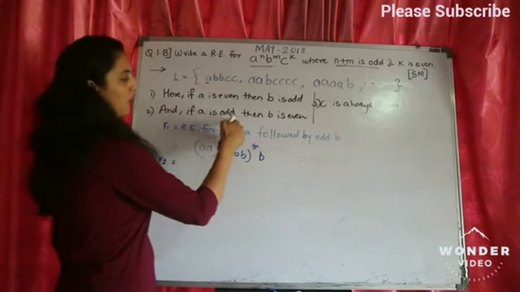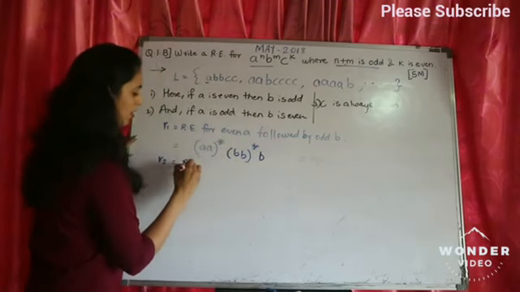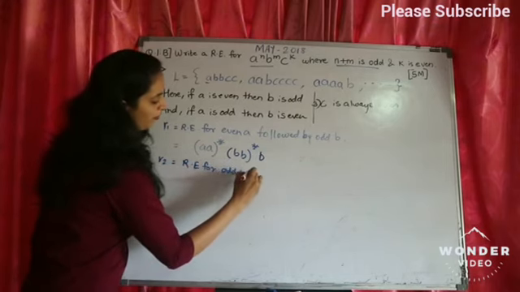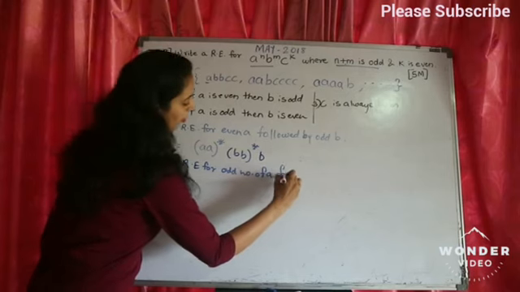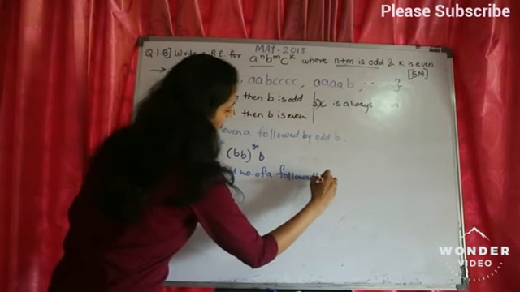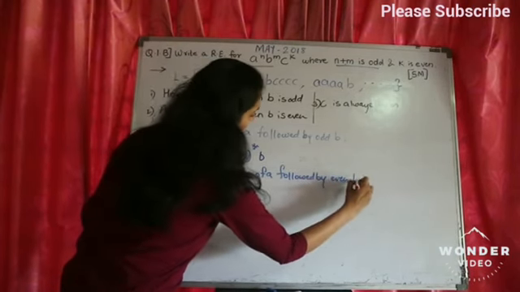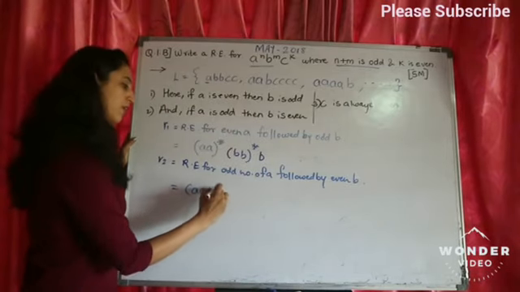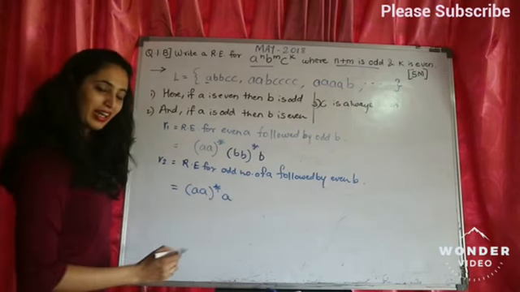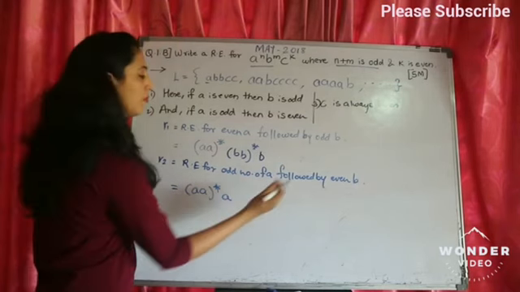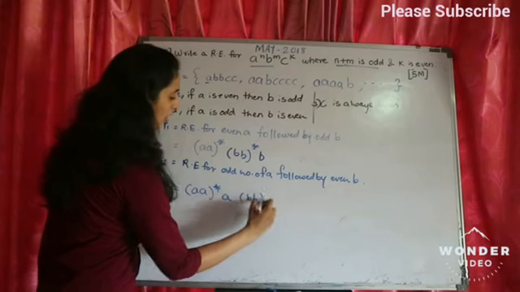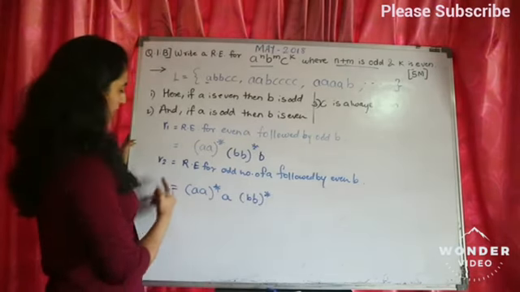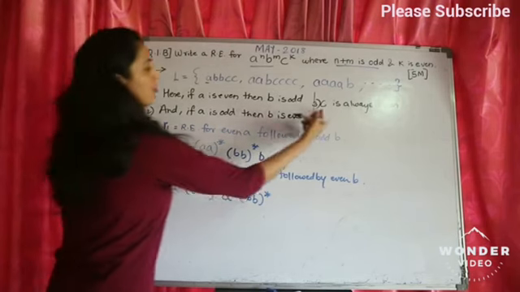If A is odd, then B is even. That is the regular expression for odd number of A followed by even number of B. Odd number of A means even number of A followed by a single A is odd number of A. And what is even number of B? BB in a closure, which will give me even number of B. So now this regular expression is done, R1, R2. Let's go to the third one.